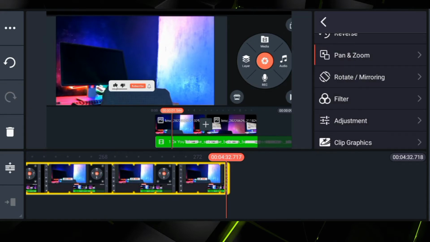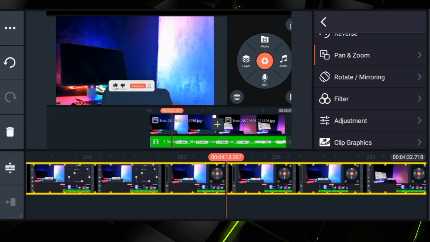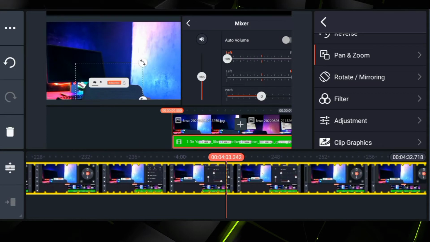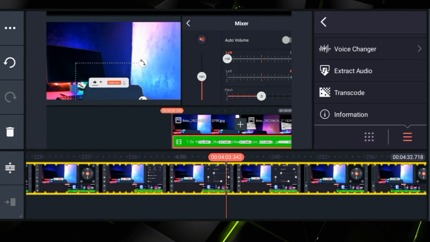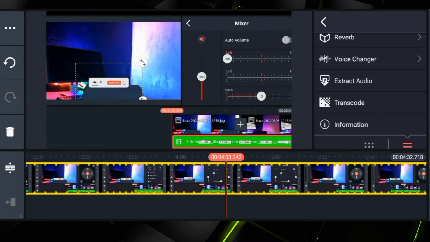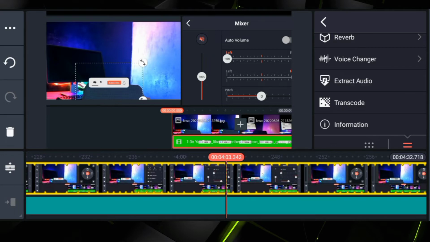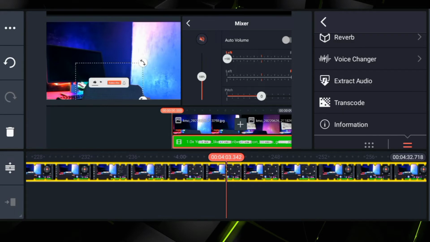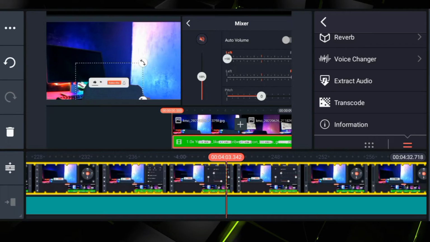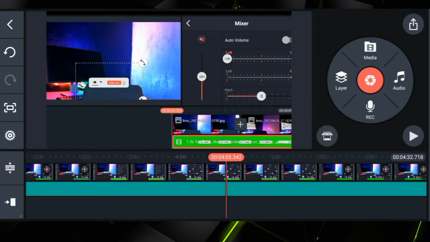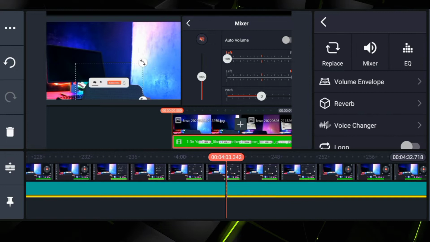Okay, let's edit our audio in this video. So first thing, I have to separate the audio from the video, which is by going to extract audio. So I have to extract it. Yes, I have extracted the audio from the video. Yes, so I have to edit the audio. So what I have to do is to go to mixer,